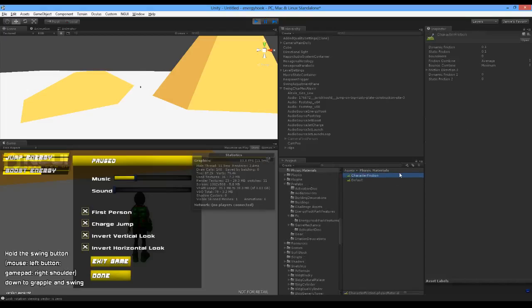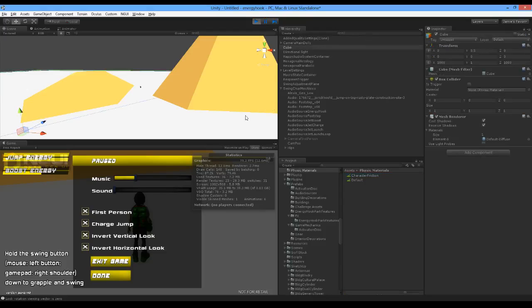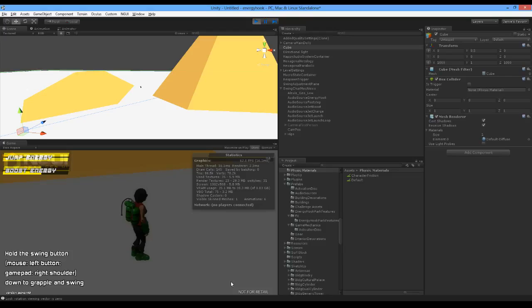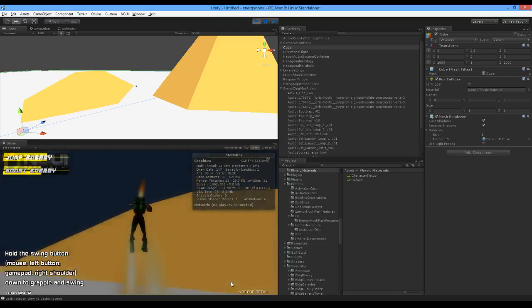And it averages between the two. So I'm going to run her over here,